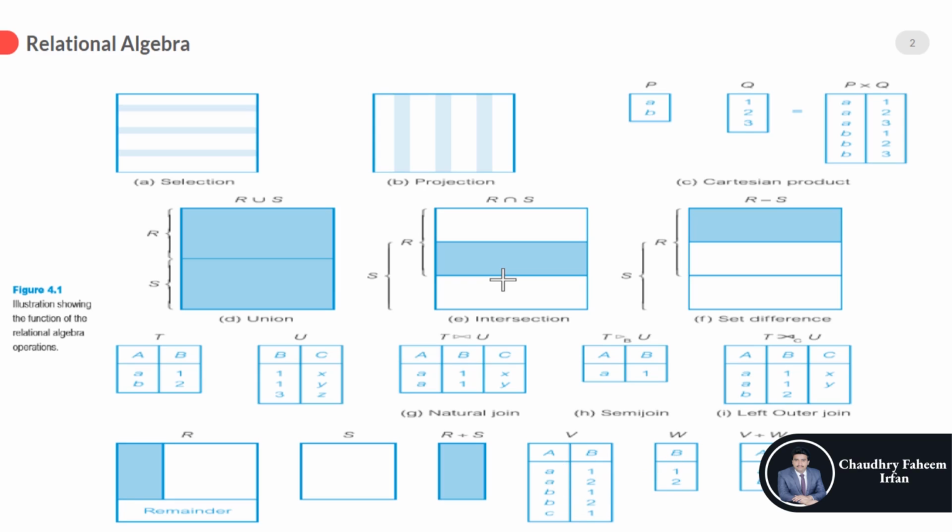So this is the condition for the division operation, which is that a value is matched with all the tuples in W. So here A1 must be matched with all the tuples in W. So A is selected because it is according to the definition of R division S, and B is also selected, and C is not selected because C is only matched with 1 and not matched with 2. So C is not selected in the result.